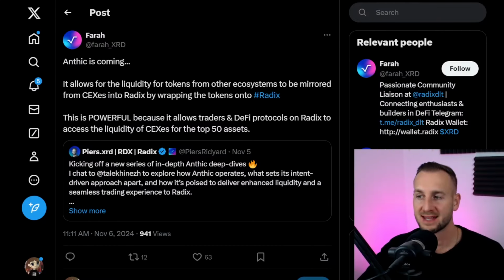So what alpha is there in terms of the roadmap ahead and where Radix is heading right now? Well, there's a few pieces in the background that are coming together. So one is a product offering called Anthic, and this is a liquidity protocol. And the idea here is that they're going to be able to, in partnership with big market makers, and I believe they've got 3 signed thus far, mirror the actual liquidity on major centralized exchanges for some of the top assets. They quote the top 50 here